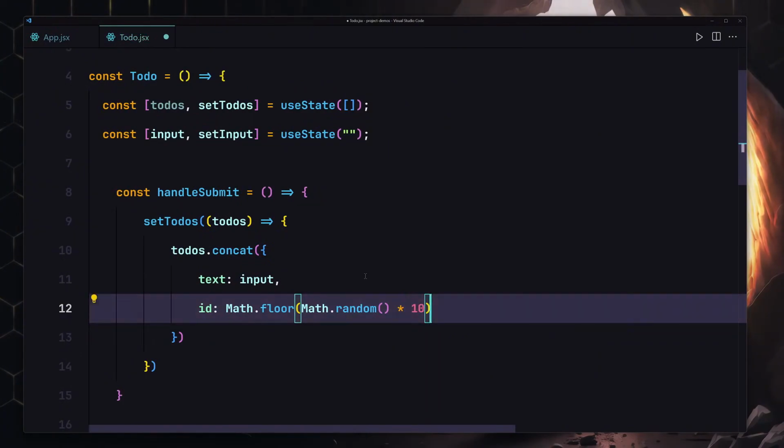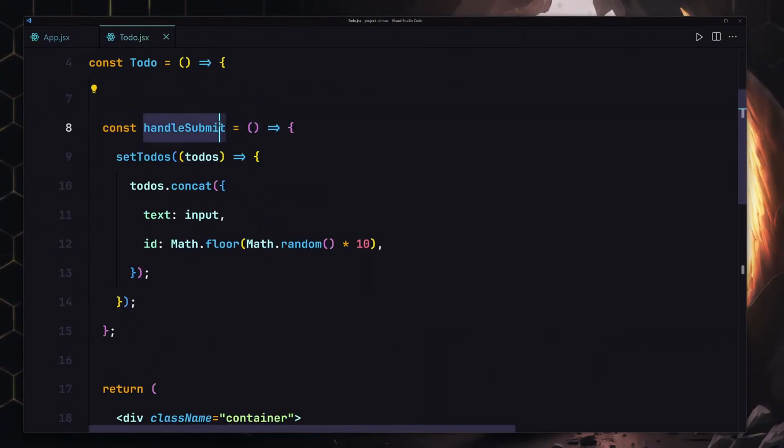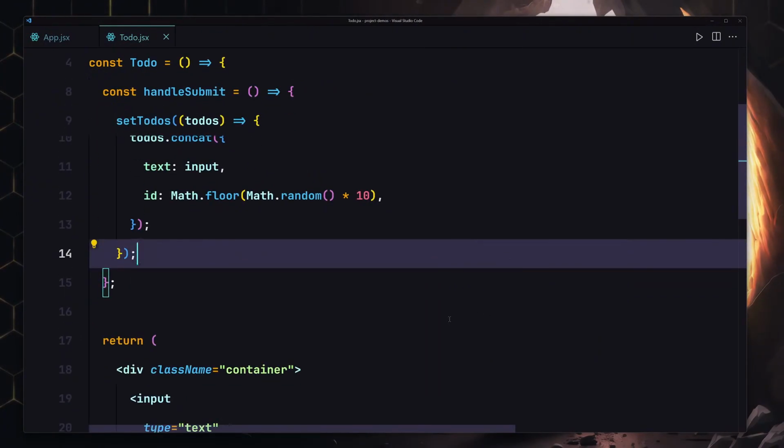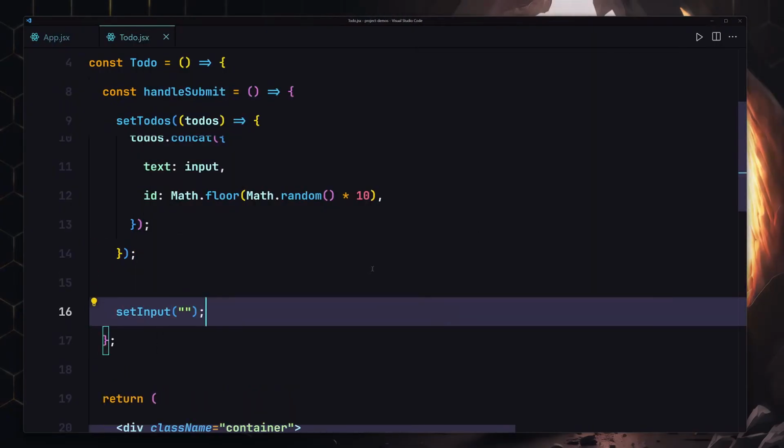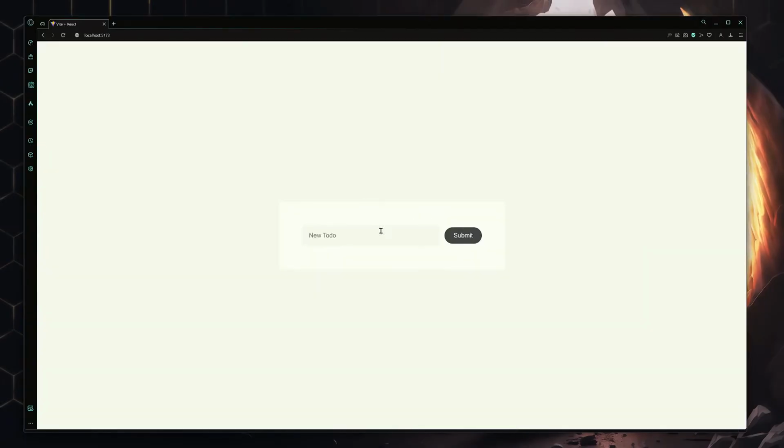Let's just use our times 10, and this is how we can set up our handle submit. I'm going to also clear out the input field. So I'll use set input, and here we have to provide our empty string. Now I can type something if I wanted to, but I cannot see that right here. And why is that? That's because we did not render all of our content to our UI. So if I click on that, here you can see that input field is now successfully removed, but